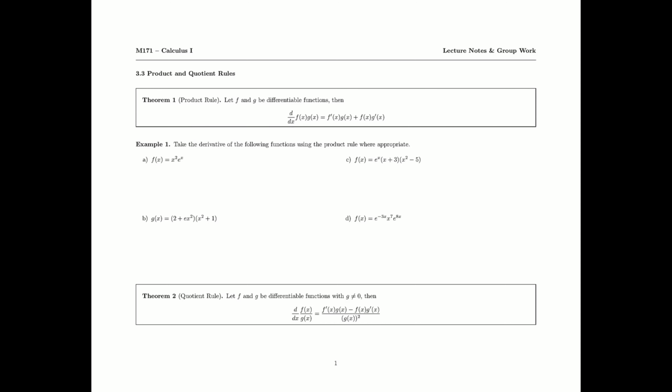All right, here we have 3.3, the section on two really useful and important rules, the product and quotient rule. So we'll start with the product rule and then we'll take a look at the quotient rule. So for the product rule, whenever we want to take the derivative, so again, that's what this notation is here,